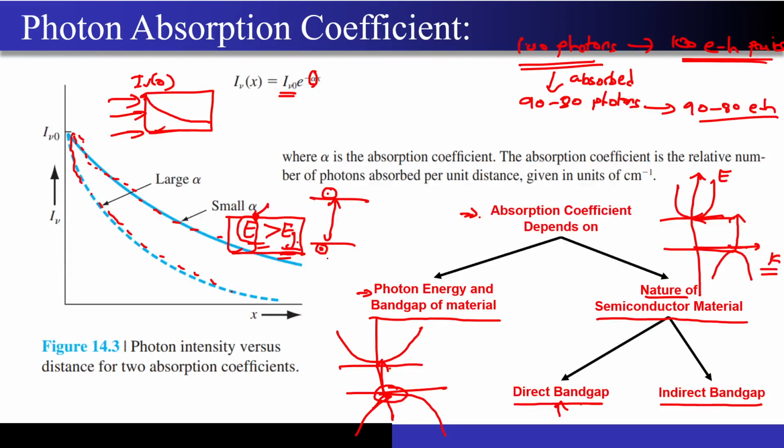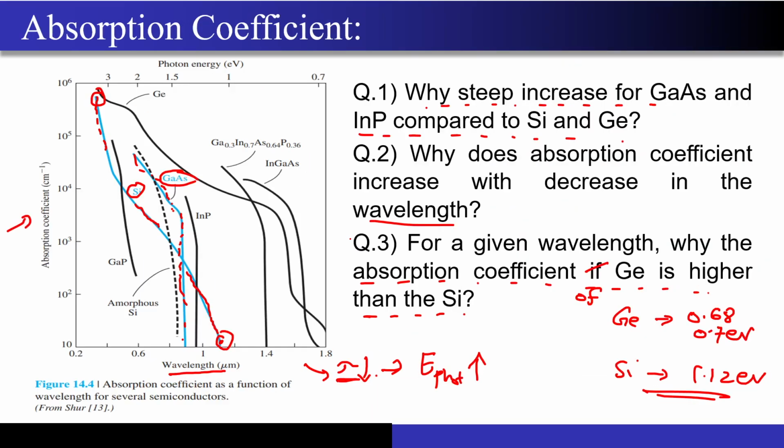Now if I again go back to the flow chart, for the case when the Eg is lower, the difference between the photon energy and the material whose energy band gap is smaller is going to increase, correct? That means the photon has more energy compared to the energy band gap. So again the absorption coefficient should be higher for the material whose energy band gap is lower, correct? So germanium has a lower band gap energy over here, so we expect that for the same energy of the photon, that is for the same wavelength lambda of the photon, the absorption coefficient for the germanium will be higher than the silicon because the band gap is smaller over here, correct?